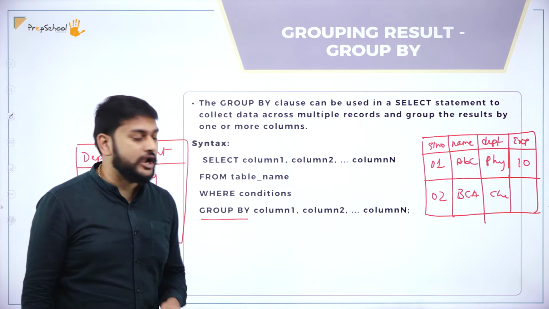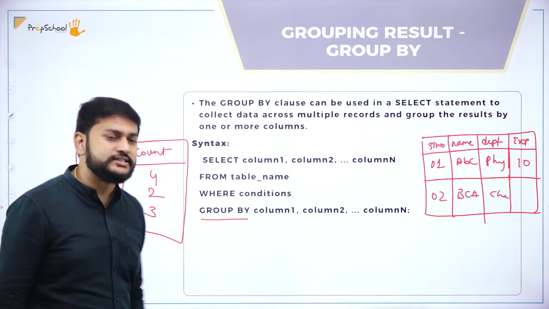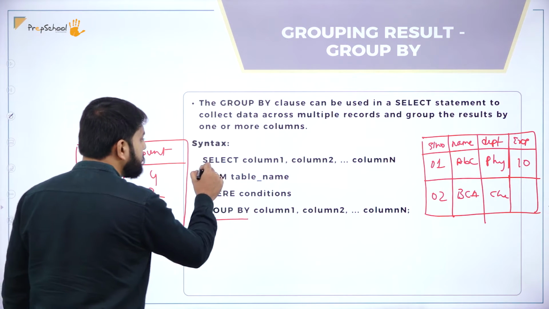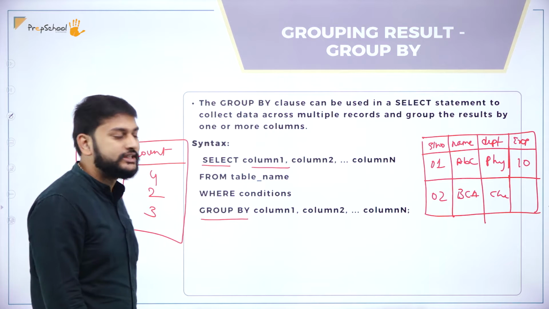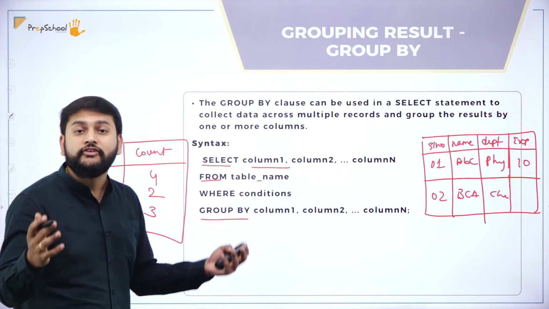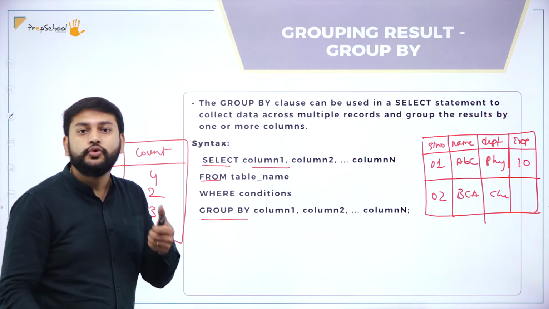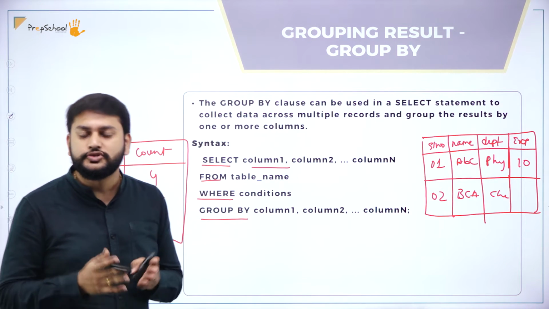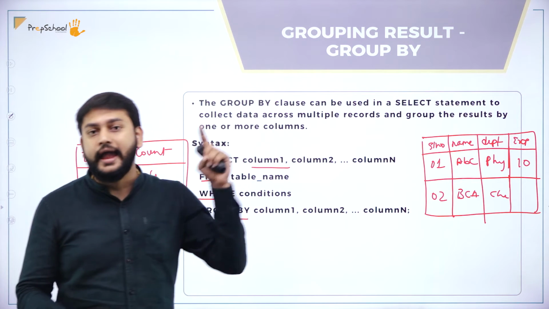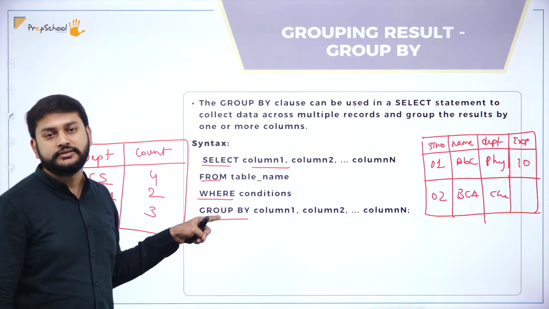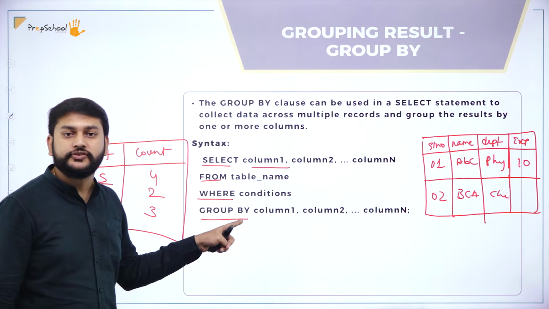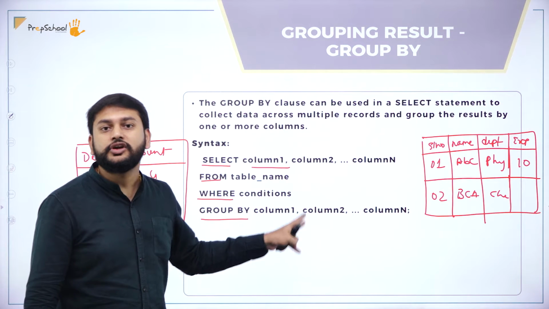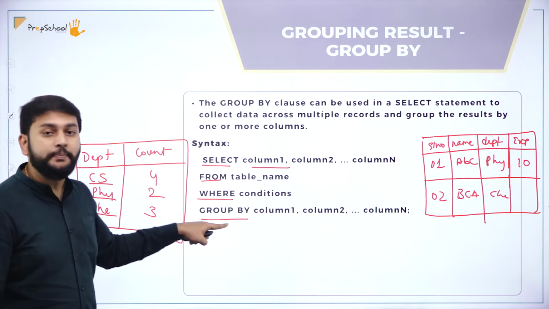So that's what you need to understand with the help of group by. What is the syntax then? Let's check the syntax. I have the select clause, in which I will write whatever columns I want to select. Then I have the from clause. Why do we have the from clause? To specify from which table you are trying to select. Then I have the where clause. If I have any conditions, I can specify them in the where clause. After my where clause, I have to specify the group by clause. That's what you have to understand. In group by, you can give the column names. Here, I can give group by department.